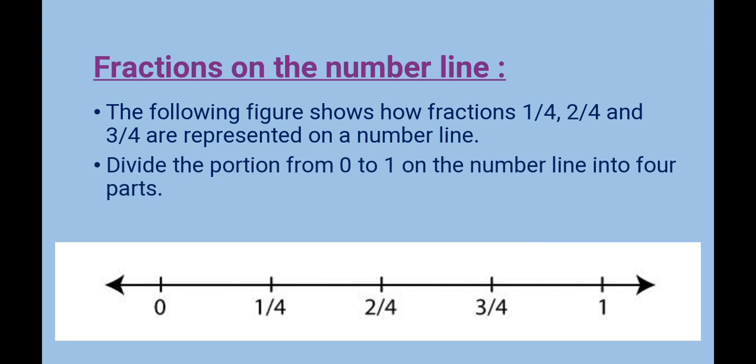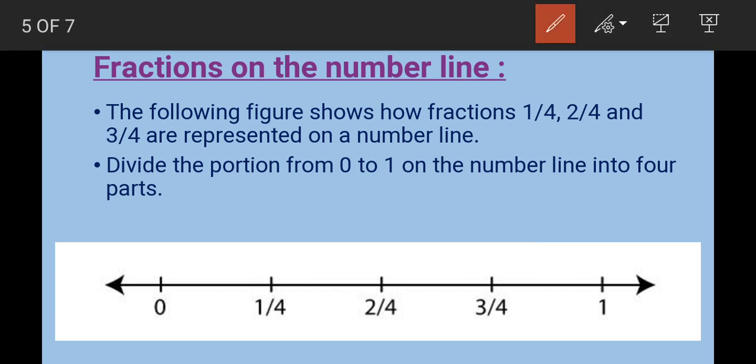So first, what to do? We have to draw a line. After that we have to divide that. Okay, we have to divide the gap between 0 and 1 on the number line into 4 equal parts. As here the fraction has denominator 4, we have to divide the gap between 0 and 1 into 4 equal parts. Next step is,